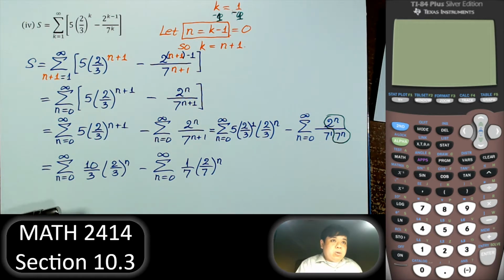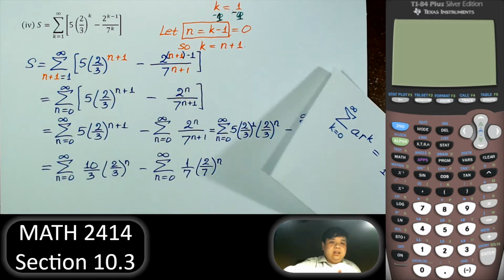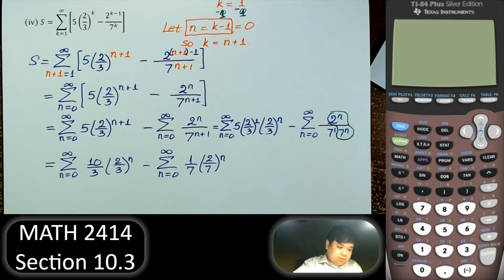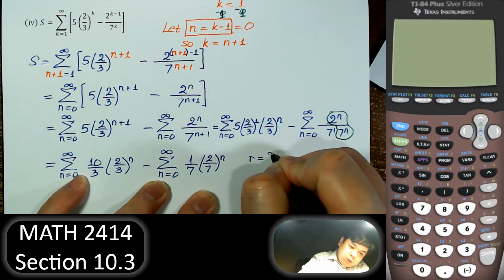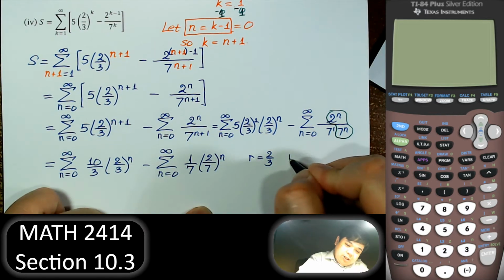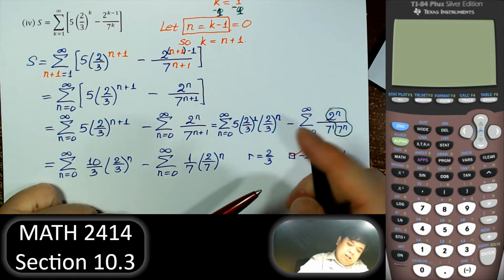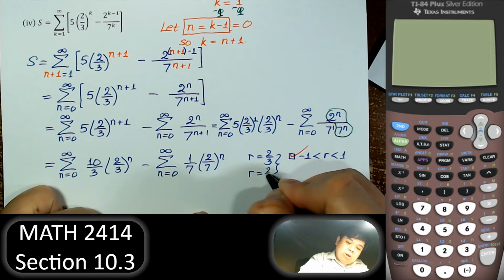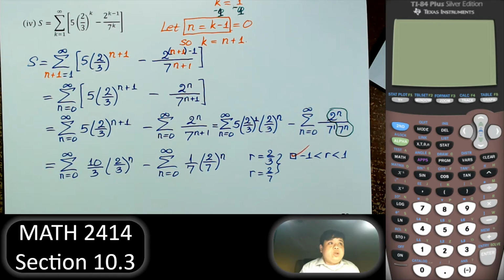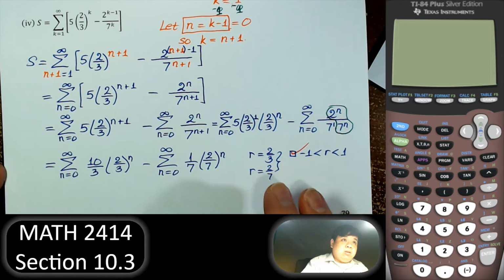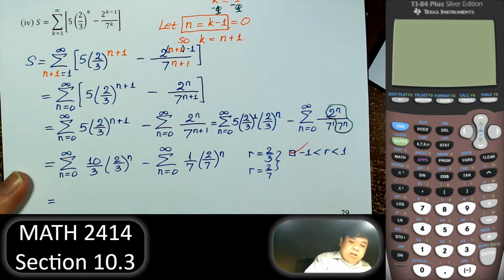Now, the ratios are equal to 2/3 and 2/7, and both of them are between -1 and 1, which is good. That means we can use the formula here. So r equal to 2/3, is that between -1 and 1? Yes. And then r equal to 2 over 7, also between -1 and 1. So that's good. Right. Now, if it is the right form, we can use the formula